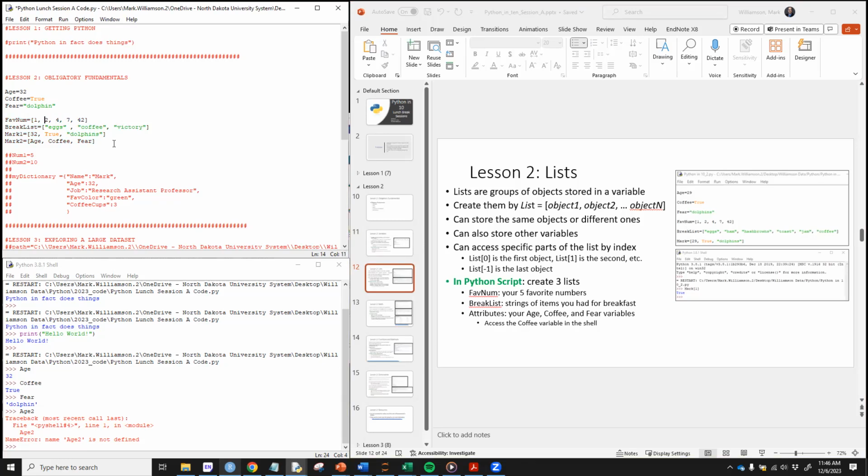So typically I add spaces, but it shouldn't change things. You're also going to create a breakfast list, where you're going to add a string of items you had for breakfast. Then you're going to have a couple lists. For this one here, you're going to have an attribute list. Just use your name. So I'm using Mark, and I actually have a couple to show you, two ways